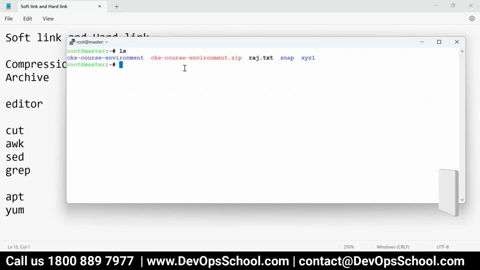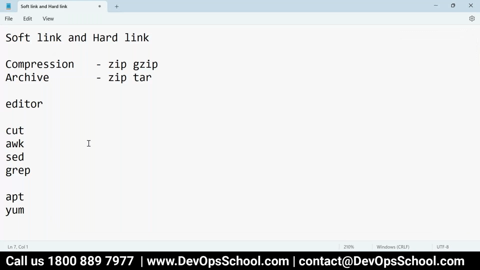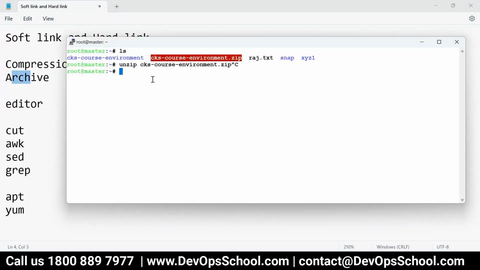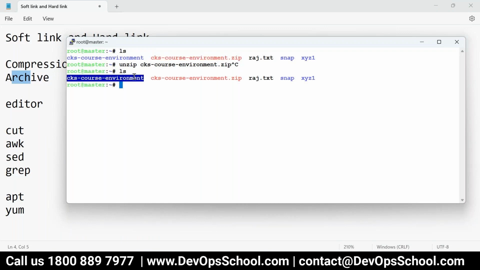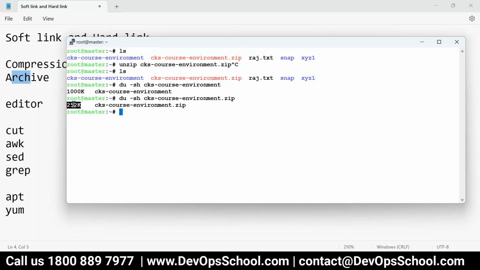So you have a zip, and you can create unzip like this also. So zip will help you to do both, archiving and compression. Look at this. If you want to see the size, du -sh is a command to tell you the size of folders or files. 100 KB. If I do this du -sh, see, 4 times it got reduced. Correct.